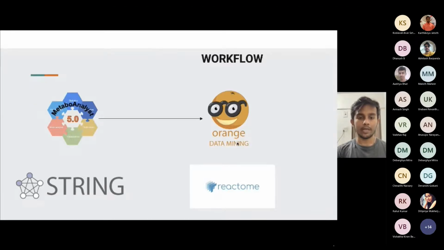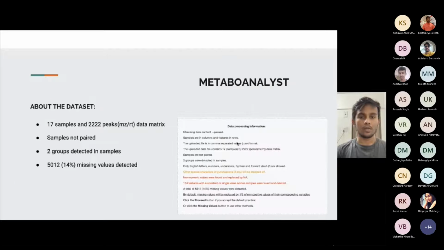Now let's move on to the data analysis part. My workflow basically consisted of MetaboAnalyst followed by Orange. Then I did pathway analysis by STRING and Reactome. So let's start with MetaboAnalyst. In my dataset, there were 17 samples and 2,222 peaks in the data matrix. Samples were not paired, and there were 2 groups detected in the samples, and